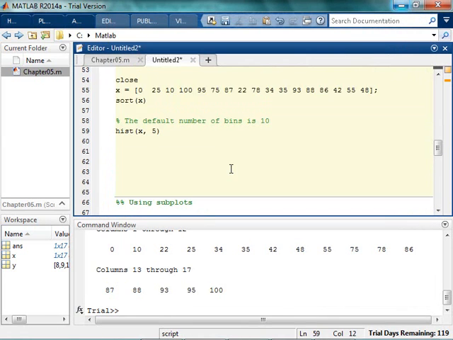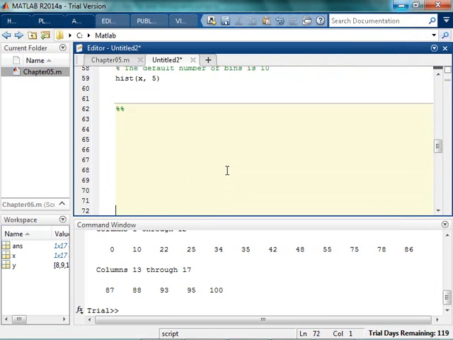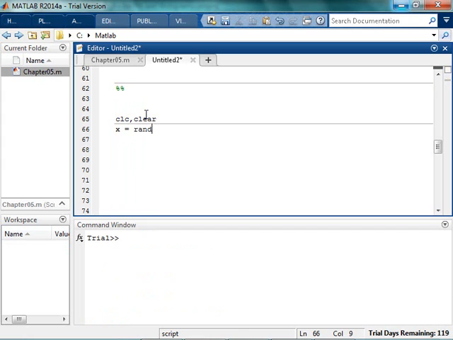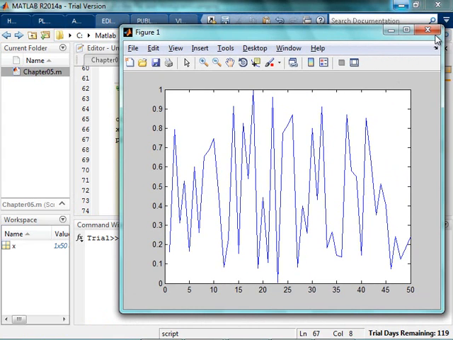Now, that's not what's cool about this. What's cool about this is if I'm looking at random numbers, so let's do a histogram with random numbers. I want to make sure the numbers I'm generating are actually random. So I want to generate some, 1 by 50 random numbers. I've generated some random numbers, and if I plot them, I can see what they look like, but they're all over the place, so I don't really know if I've got an even distribution of things on one side or the other.